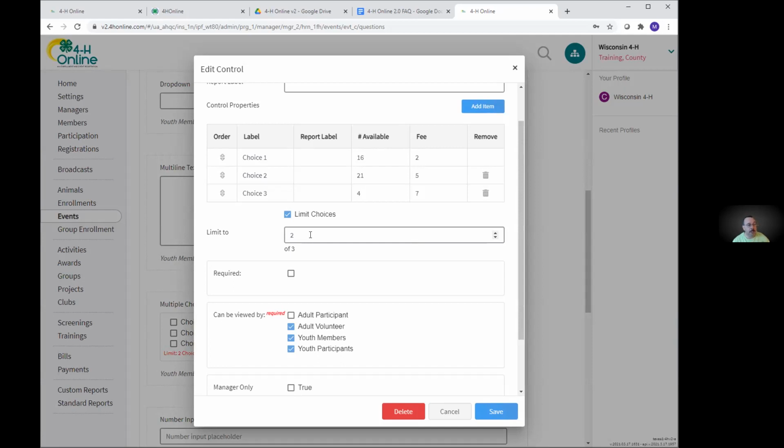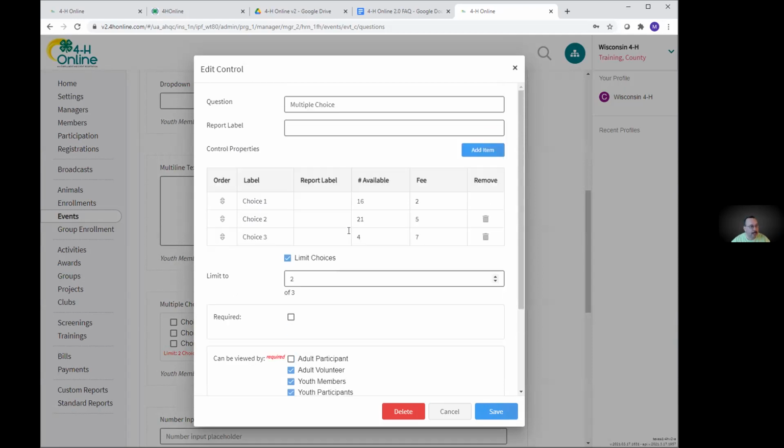So here you can list your 6 choices, and then just say limit the choices, and set how many, and that's all the more that they can check. If they were to check more than that, the submit button does not enable until they reduce that back to whatever your limit is.